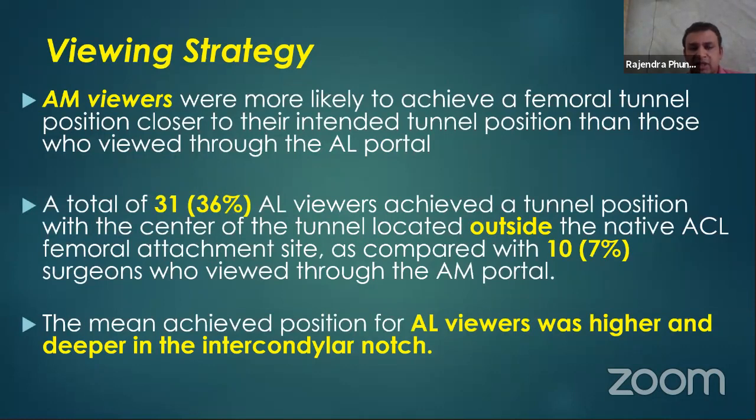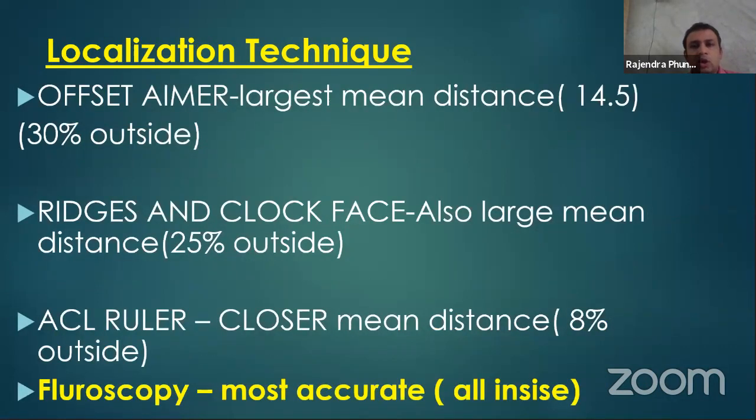So 36% of AL viewers were outside, and only 7% of anteromedial portal viewers were outside. The mean achieved position from AL viewers was also higher and deeper in the intercondylar notch. As for localization techniques, those surgeons who used offset MR were 30% outside and had the largest mean